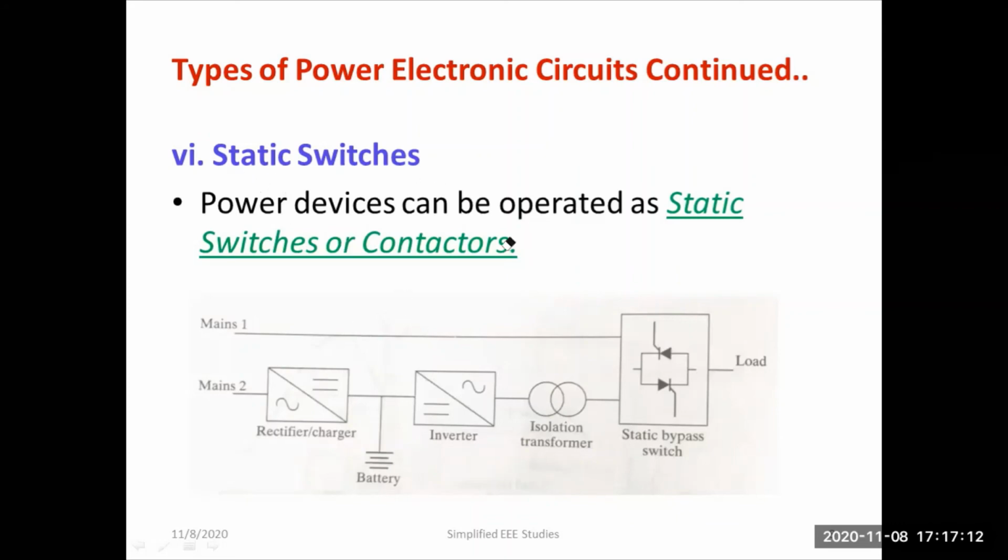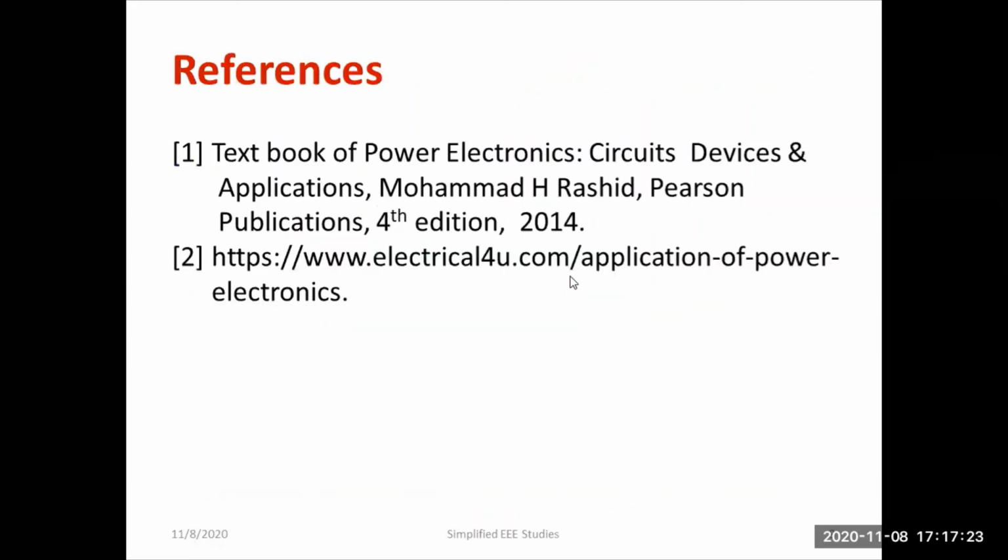So you can use static switches. Static switches are also one type of power electronic converter. In this session, I have discussed the various types of converters, such as the AC to DC converter, or you can call it a rectifier, or simply an uncontrolled rectifier. The second is the DC to DC converter, or in simple words a DC to DC chopper. The third one is the inverter, that means DC to AC converter. The fourth one is the AC to AC converter, or it is also known as